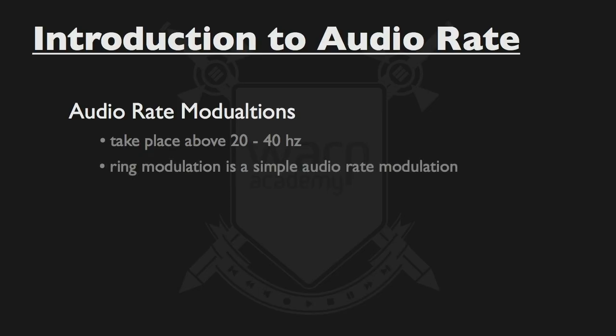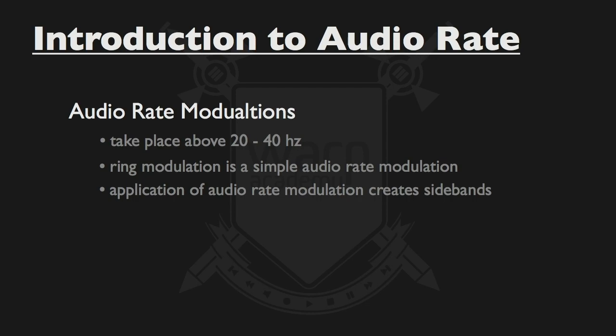Ring modulation is a form of audio rate modulation, which we've already touched on, but it's generally regarded as a standalone effect, or as an accent to tone creation, and is much easier to grasp because of its somewhat arbitrary nature. When an oscillator at audio rate, as opposed to LFO or control rate, is applied in some fashion to another oscillator as a source of modulation, it will create what are called sidebands, which end up affecting the timbre